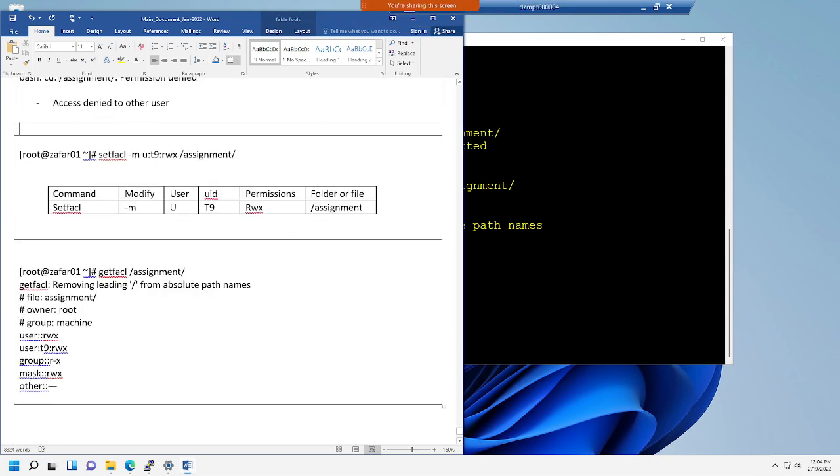So here is the command. setfacl is the command. -m means modify, lowercase u is for user, t9 is the user ID, and then read, write, execute. Okay, and